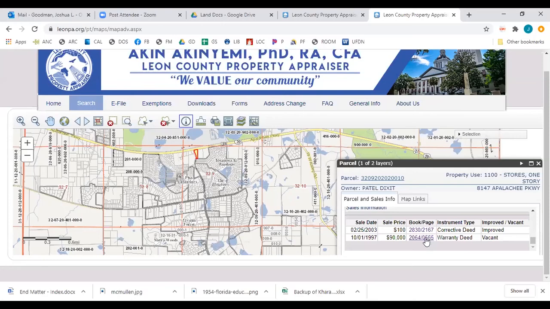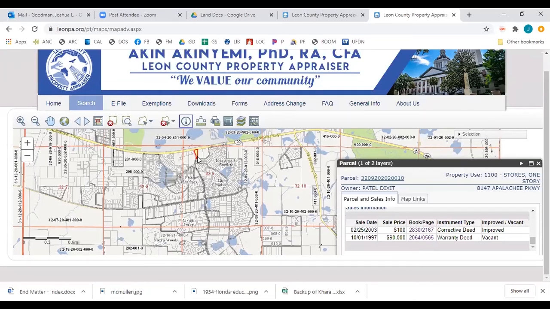Now, if for some reason the deed was not available, you could take this official record book and page and you could request a copy of this deed from the clerk of courts and you could get that information that way. Once you know a little bit about how these things work, you can plug these systems into each other and, sort of, even though they don't really talk to each other like we sometimes expect them to in today's very interconnected online world, you can be the brain that connects them together and makes them work for you.